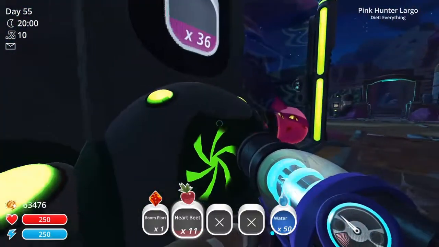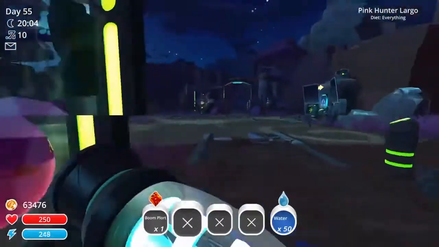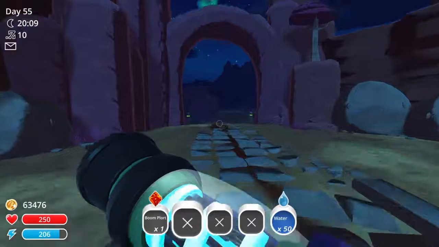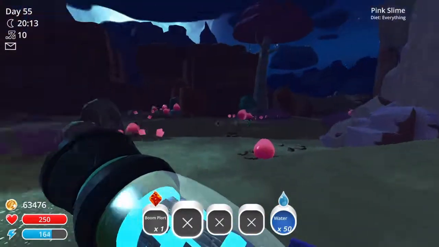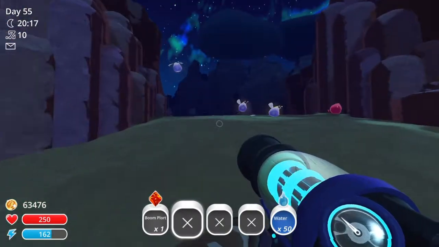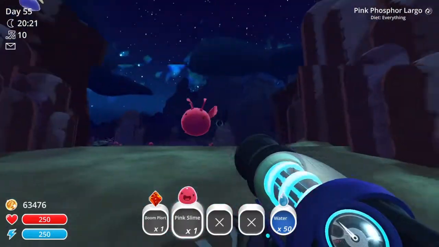That's not what I wanted to do. Why'd I walk over here to do that? Okay, and now there should be phosphors, because it's nighttime. Come on, some phosphors spawn. There we go. This is what I want to make. I want to make